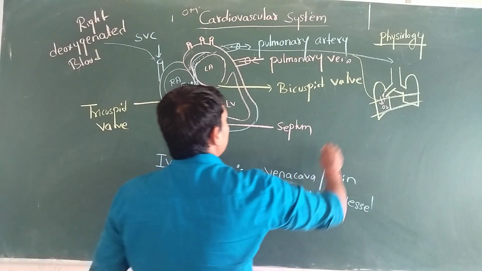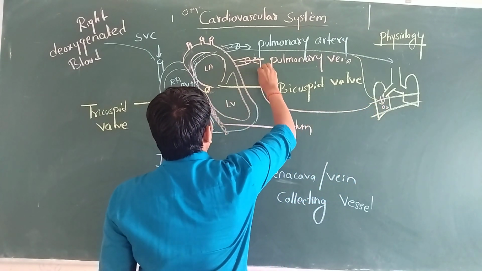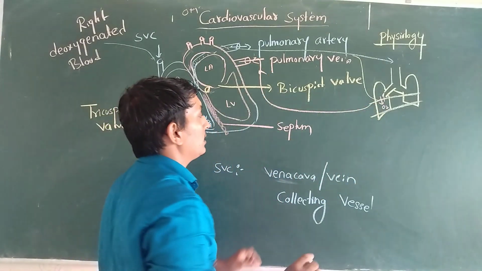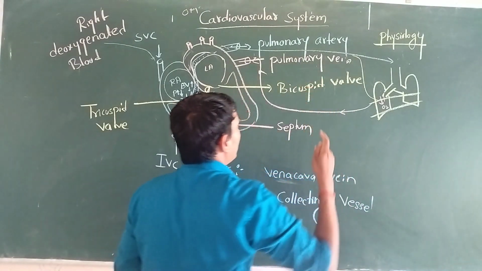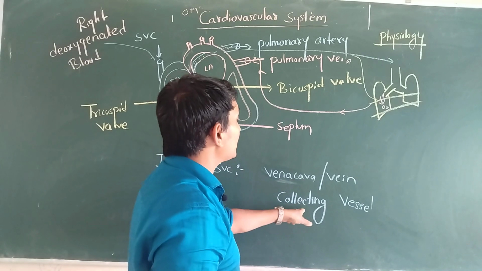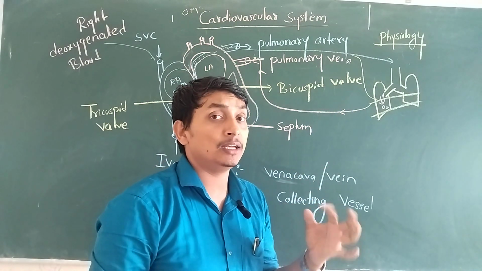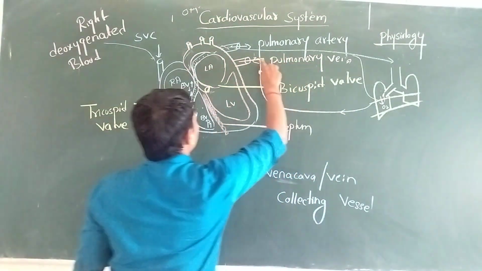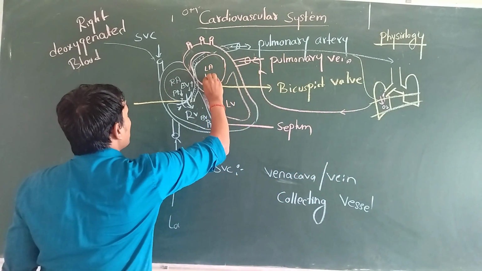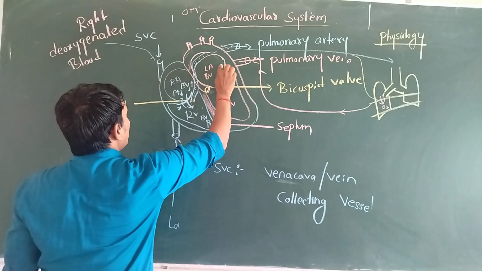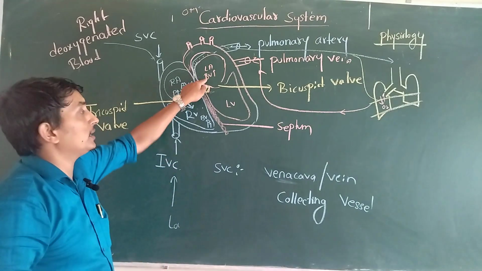Now this oxygenated blood is carried by the pulmonary vein. You can see here it is called the pulmonary vein. Pulmonary means lungs. Veins means collecting vessels. So they collect the blood from the lungs. In the lungs we have oxygenated blood. So now oxygenated blood is mainly passing into the left atrium. In the left atrium, blood volume increases because our left atrium is receiving blood from the pulmonary vein. Here the volume increases.